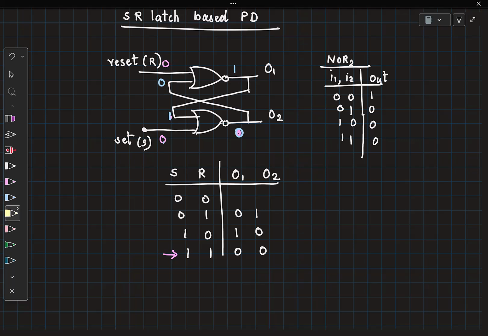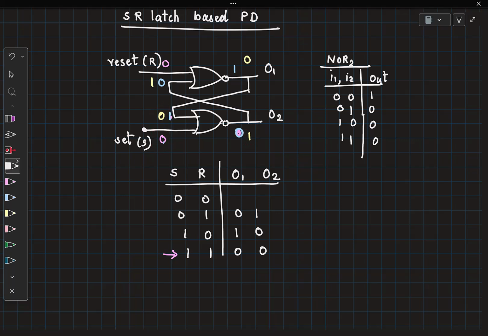Now what if my initial state was the other way around? Meaning this was 0 and this is 1. So that would mean this is 0 and this is 1. So here I have 0 and 1. Because of this 1, the output has to be 0. In the other path, I have 2 zeros. Therefore, the output is 1.